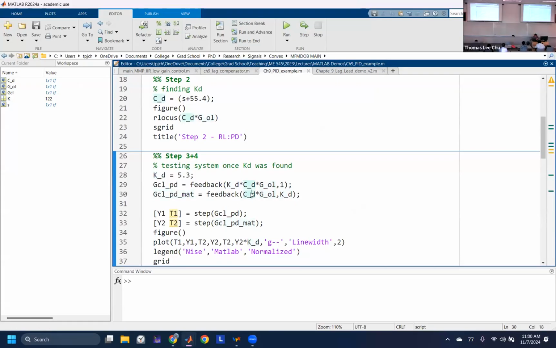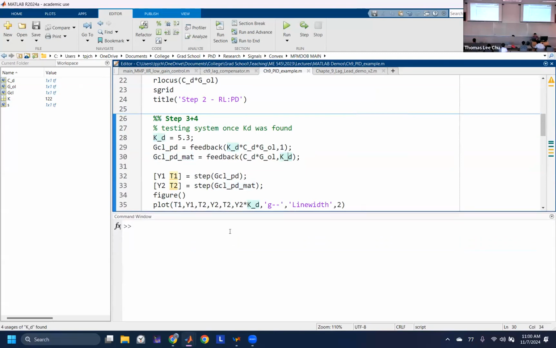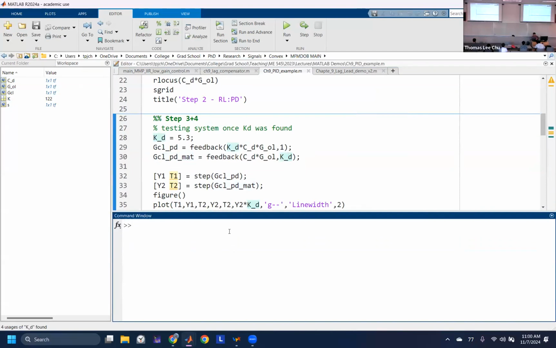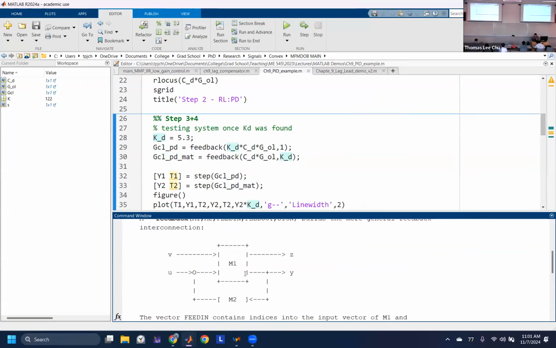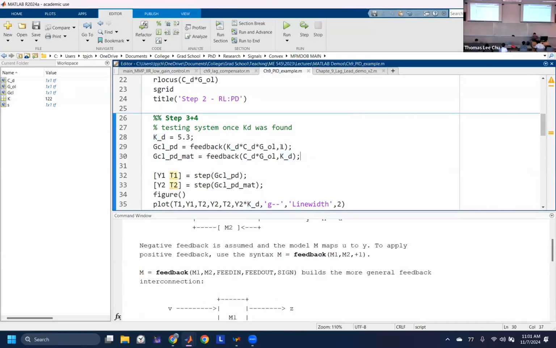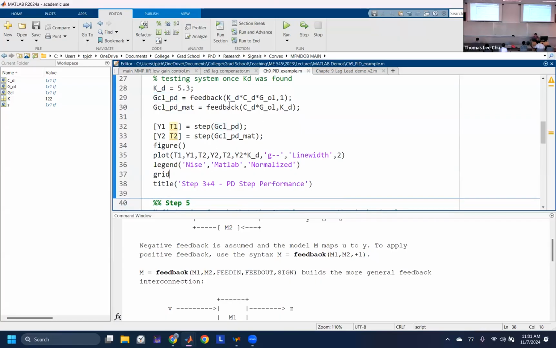And you can just ignore this. This is just putting the gain in the feedback, because if I were to look at MATLAB's definition of feedback, the way they draw it is they have M2 pop up as the feedback. Don't worry about it. Or just look at GCLPD. So now we have the